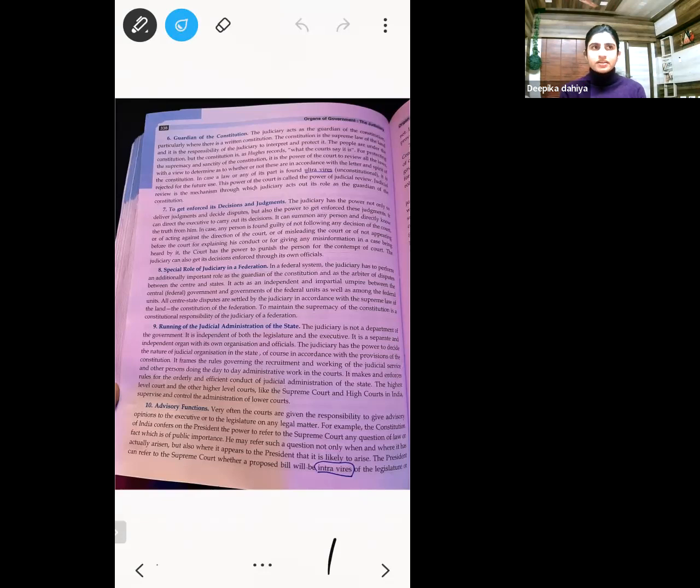Let's say this Aadhaar card issue was there. People were saying that Aadhaar card is being asked almost everywhere, and Aadhaar card carries very sensitive information. It has our fingerprints, it has our iris scan, etcetera. So the judiciary in 2018 gave a judgment that now onwards you won't be asked for Aadhaar card everywhere. It would be important in some areas. For example, if you are opening a bank account, it would be necessary, but not everywhere.